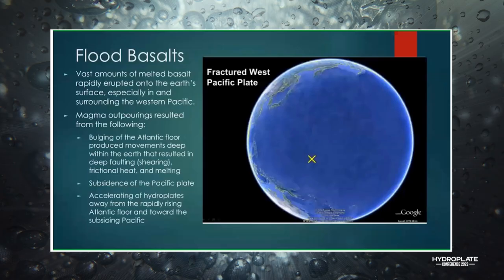Now, I think this is actually a story that talks about the flood basalt. So the Pacific Basin itself, we talked about the fact that it subsided. Massive amounts of melting occurred as this basalt rapidly rose up from the outer core of the Earth, through the mantle, and essentially flooded the Pacific floor with molten magma that then condensed and formed this layer of thick basalt that could be miles thick.